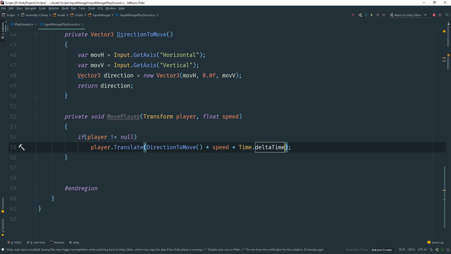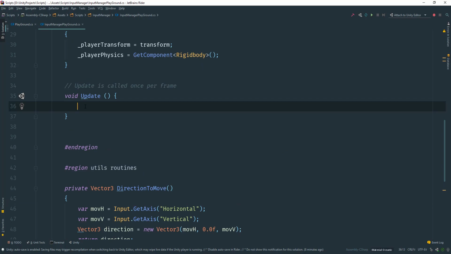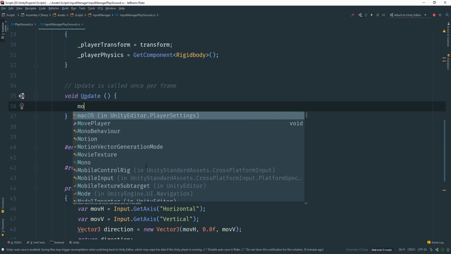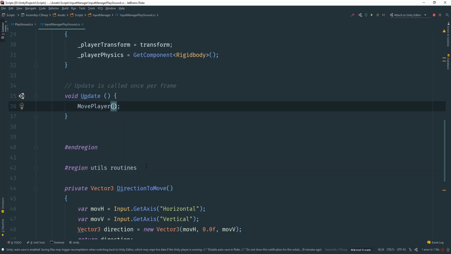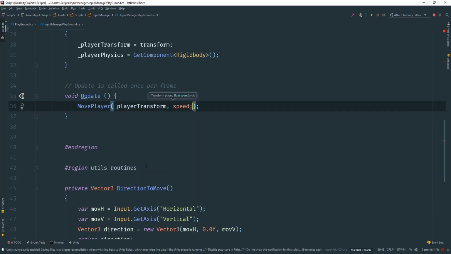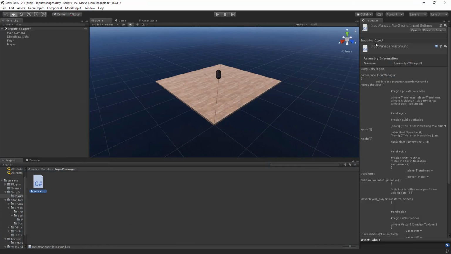Now we can go into our Update here and call MovePlayer. We're going to pass in underscore player transform and our speed variable. All right, now save this and go back to our scene. Drag this script and drop it on the player. Now that we have the script on the player here,